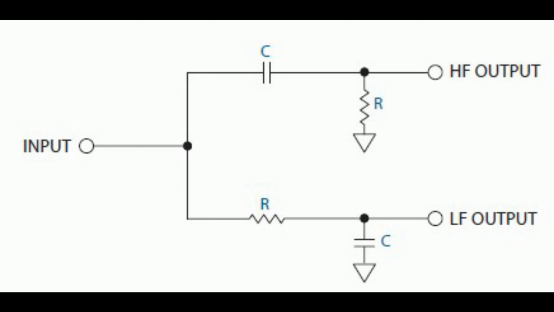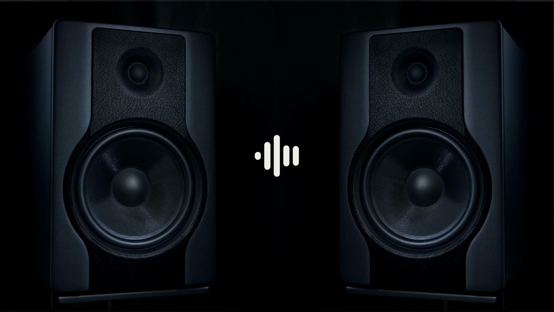For the low-pass case, LF, the capacitor ignores low frequencies and shunts all high frequencies to ground. For the high-pass case, HF, the opposite occurs. All low frequencies are blocked and only high frequencies are passed. This is how frequencies will be divided between the woofer and the tweeter of a typical speaker.